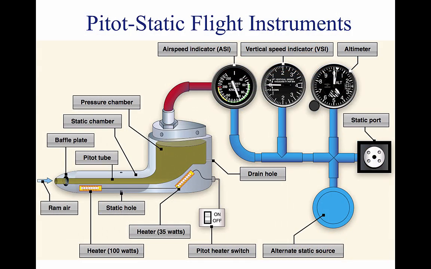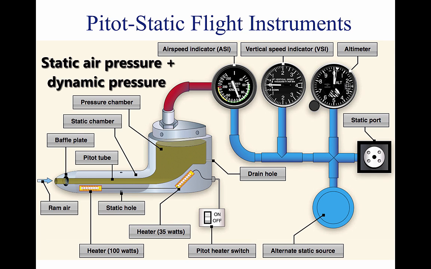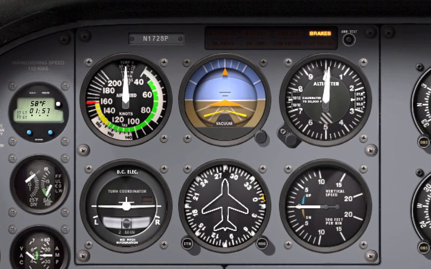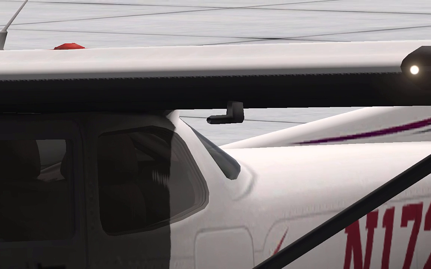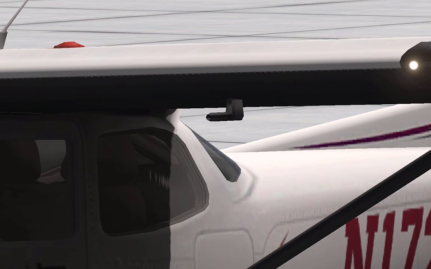The Pitot-Static system is a combined system that utilizes the static air pressure and the dynamic pressure due to the motion of the aircraft through the air. These combined pressures are utilized for the operation of the Airspeed Indicator, ASI, Altimeter, and Vertical Speed Indicator, VSI, shown above. The pitot tube is utilized to measure the total combined pressures that are present when an aircraft moves through